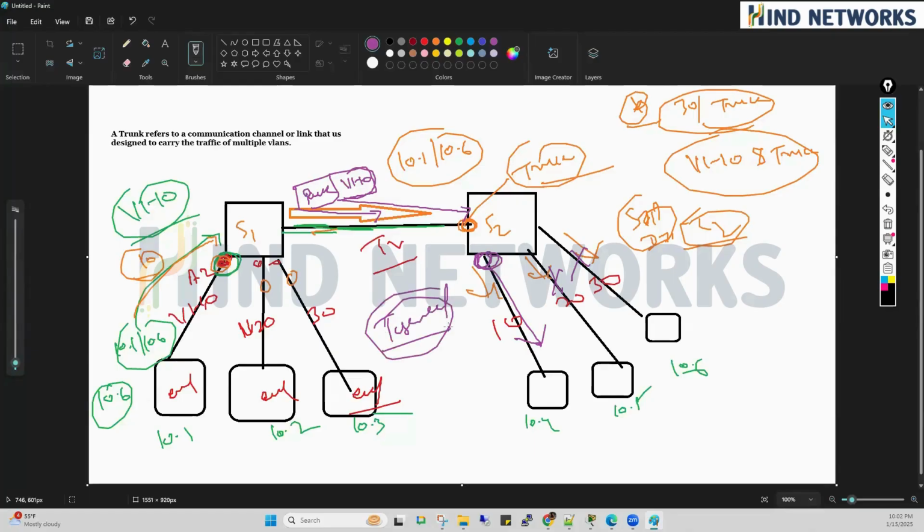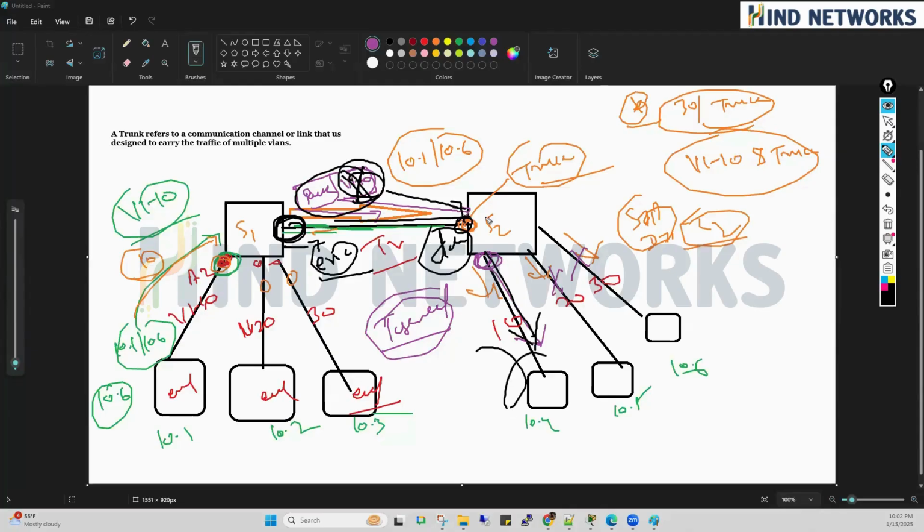Packets are always tagged. Fine. So what is happening on the sender end here? Here your packet is encapsulating, and here your packet is decapsulating. What do you mean by decapsulating here, guys? When switch number 2 receives the packet with the tag, it will check the VLAN tag. Then switch number 2 will understand that it needs to forward this packet. Before forwarding, switch number 2 will remove the VLAN tag and forward the actual packet towards the